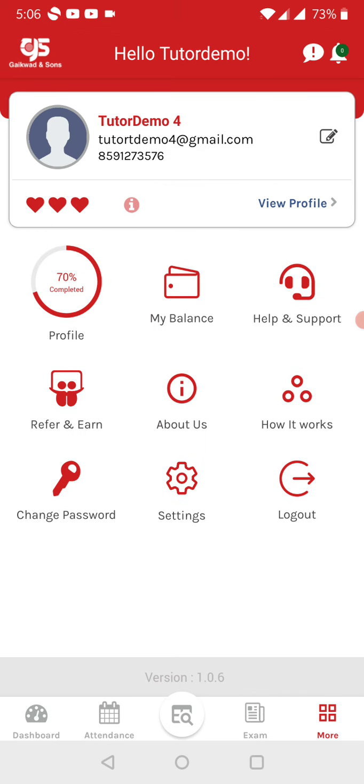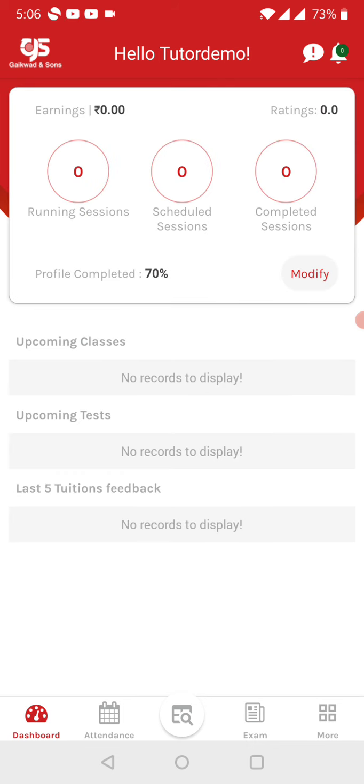Now here you can see it's showing 70% profile completed. 70% completed means it can vary between 75, 80, 45%, depending on whatever details you uploaded into the account. So considering this, you need to understand the 70%. Why is it showing 70%? Because approval is pending, and we will be doing the approval from the backend. Once it gets approved, then the 70% becomes 100%, and you will start getting leads.